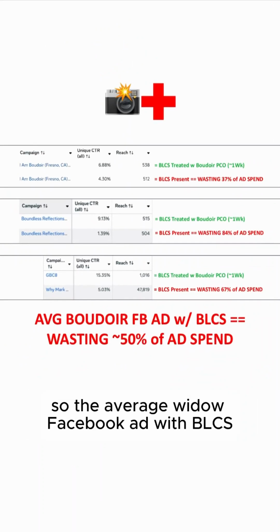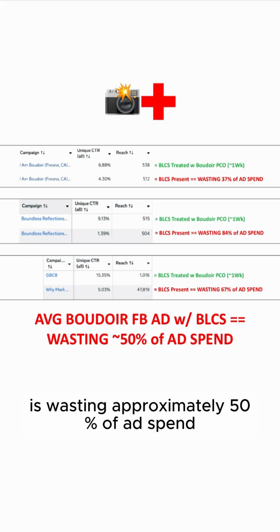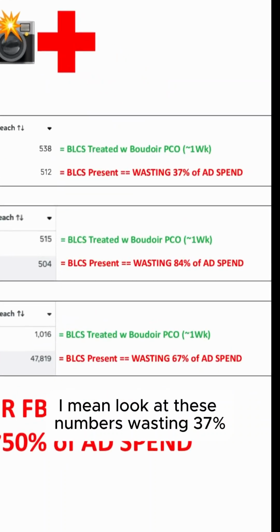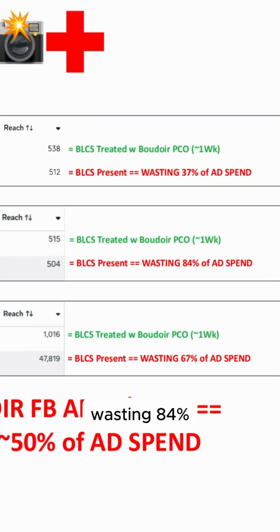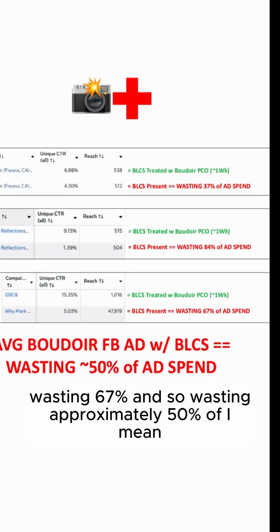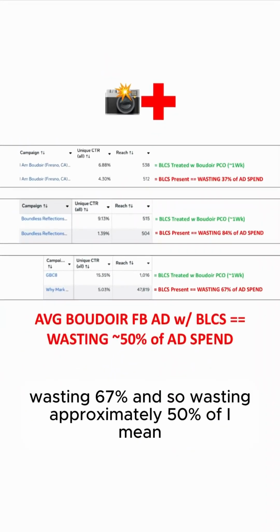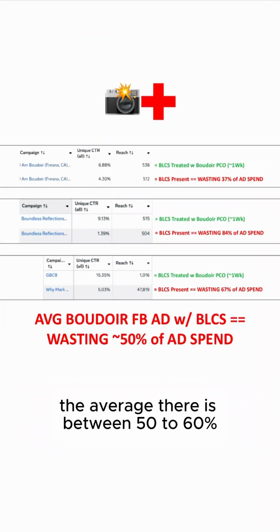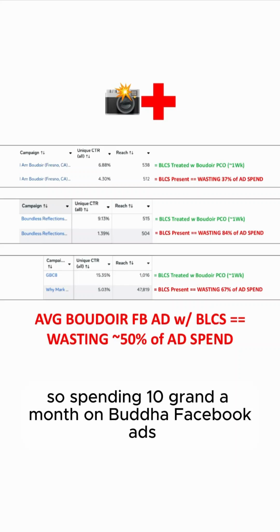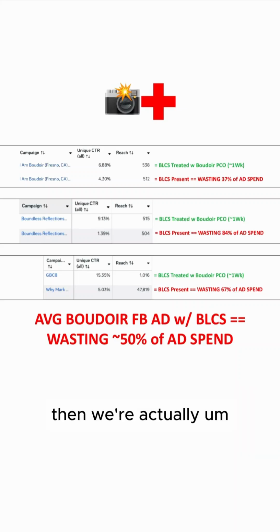So the average Boudoir Facebook ad with BLCS is wasting approximately 50% of ad spend. I mean, look at these numbers: wasting 37%, wasting 84%, wasting 67%. So wasting approximately 50% of it. I mean, the average there is between 50 to 60%, something like that. So spending 10 grand a month on Boudoir Facebook ads,